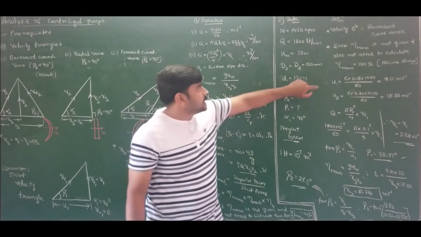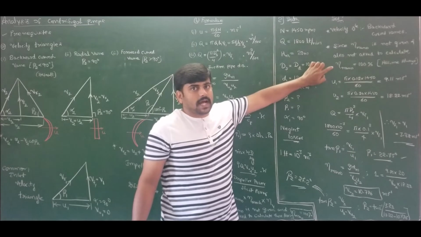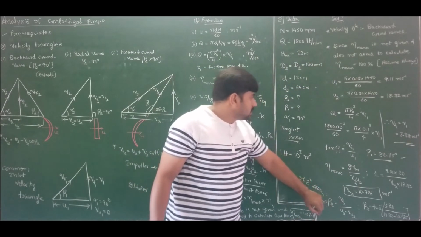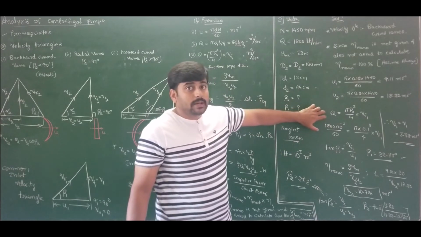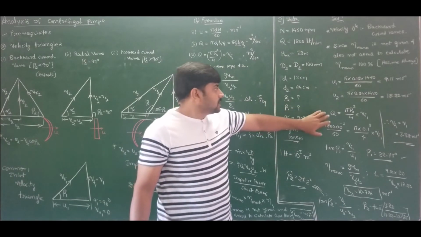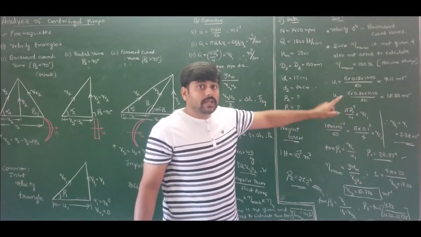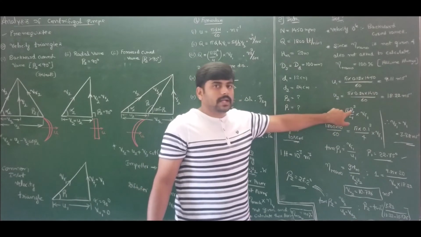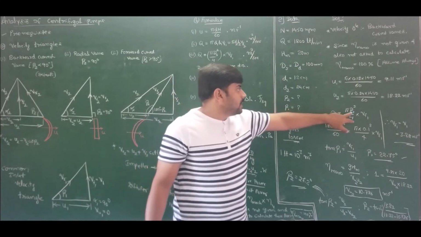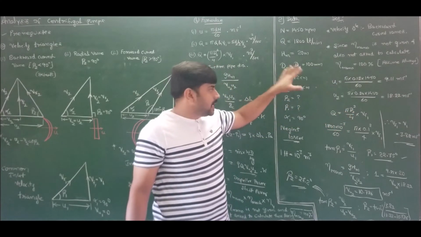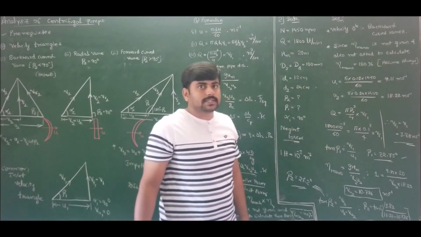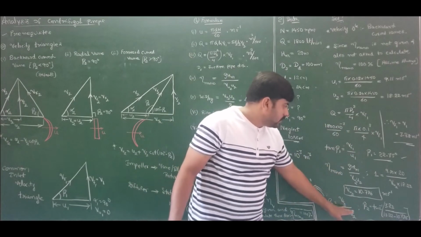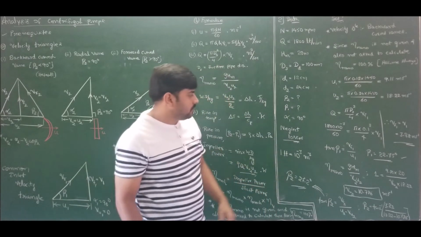The very important catch is you should assume manometric efficiency as 100% for this problem, and then Vf2 is calculated by the same relation when you know the pipe diameter, that is Q equal to pi into delivery pipe diameter square by 4 into Vf2. Q is the same and delivery pipe diameter is equal to suction pipe diameter, hence Vf1 is equal to Vf2 for this problem. So I know the value of Vf1, it remains the same for Vf2. I have substituted and found the value of beta 2.